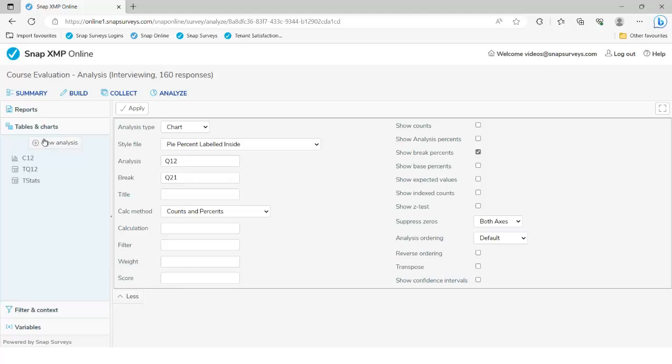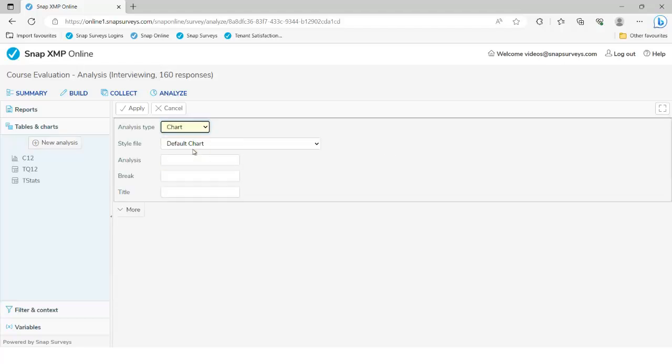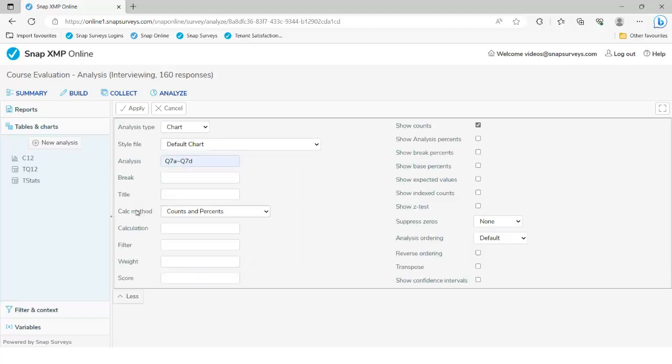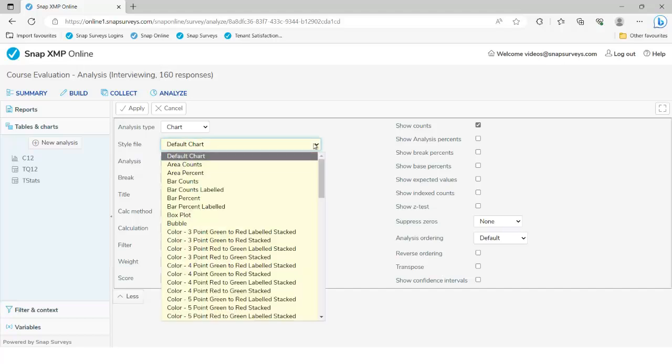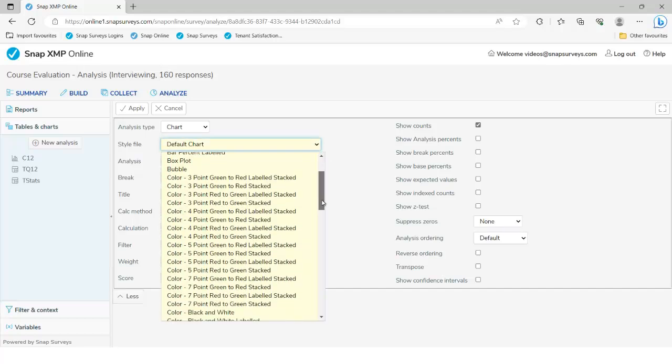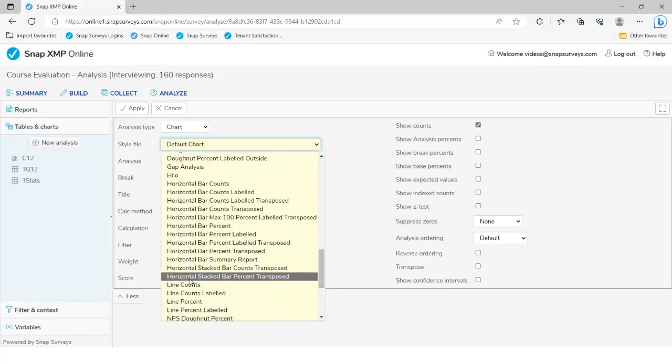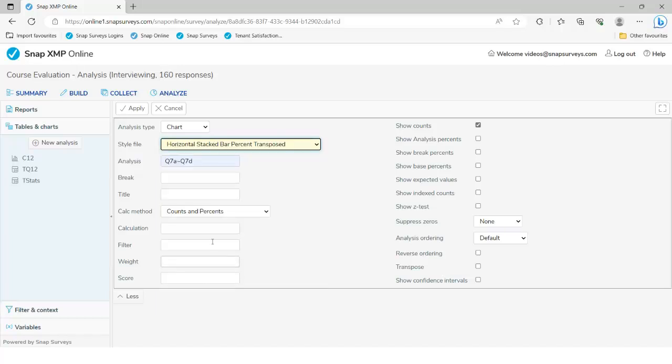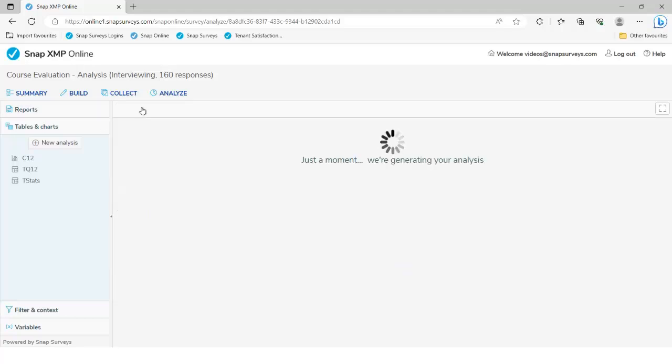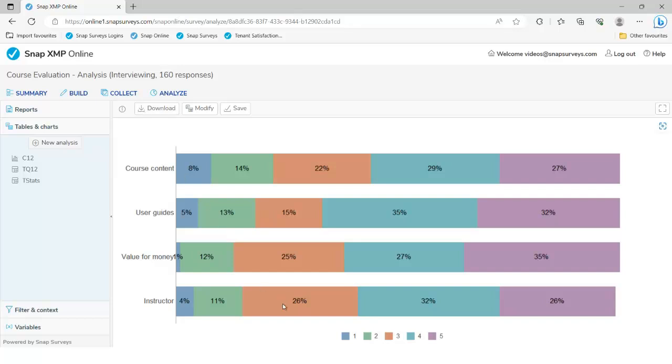Okay, just a couple of other charts just worth maybe mentioning. Let's have a look at perhaps a satisfaction type question. I've got question 7A to question 7D. And I'm going to look at a horizontal stacked bar percent transpose. So again, do what it says. Says percents, says transposed. And that will lay out again with the sort of scale of 1 to 5 with the sort of categories